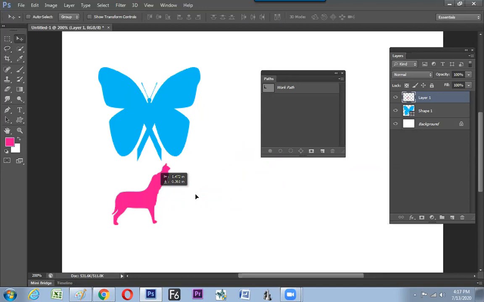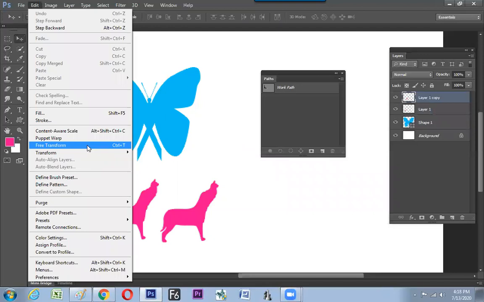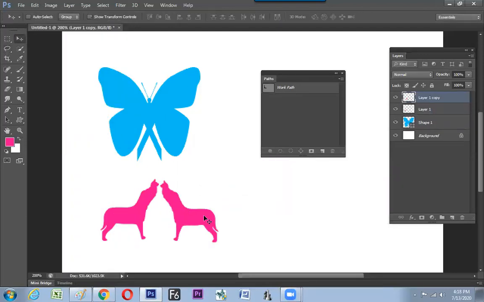And this is individual layers. And you are able to duplicate it and flip it. Control T is the command to get it transformed. Give a right click, flip horizontal. So we have understood now how to create your own shapes by fusing multiple shapes in pixel mode. It can be done in vector mode also.